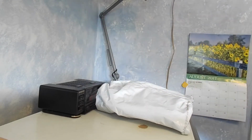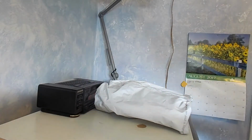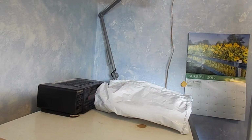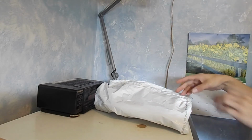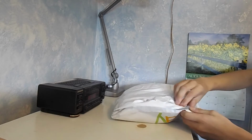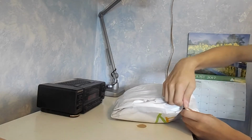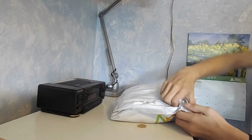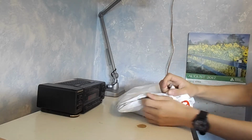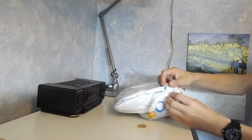Alright, here's package number 2 of 3. This is another alarm. For this one, I'm on my desk instead of in the attic room, because we got a lot of stuff up there. But this is the second alarm that's come for my 3-part unboxing. And it's also in a plastic package, so...